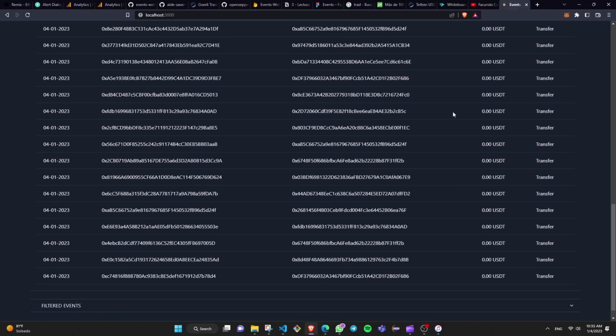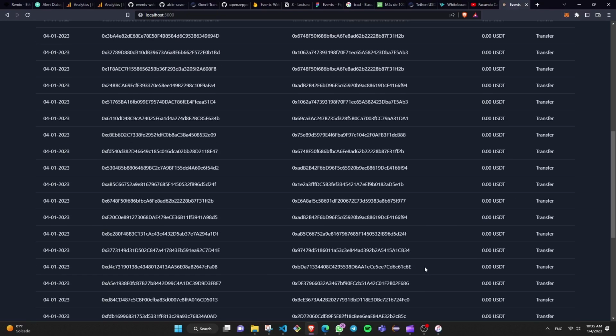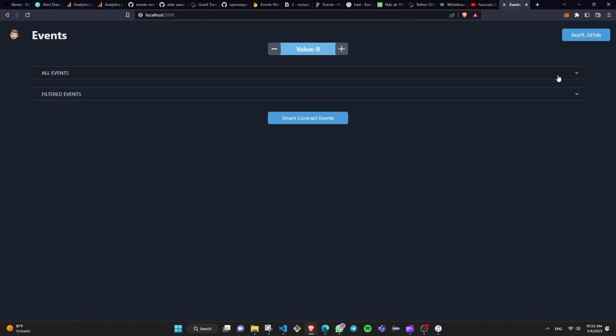So it will display all the events, for example the transfer and the approval events that the USDT emits every time that a transaction or an approval is done. And I will also filter these events by